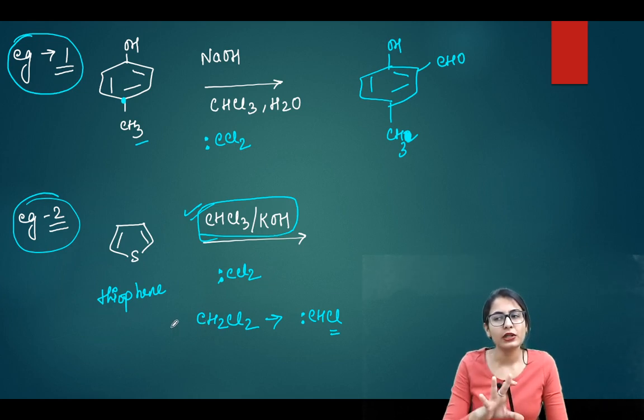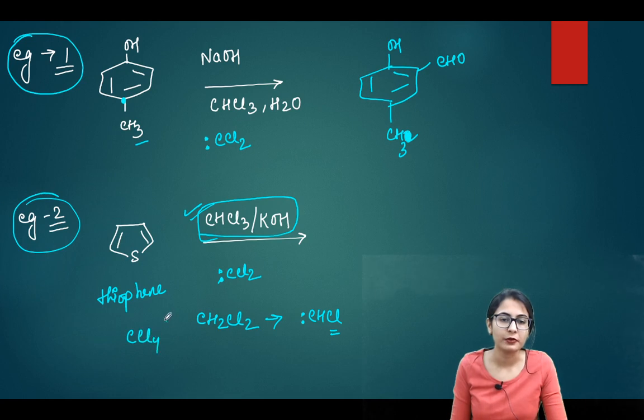So basically you are going to have different products with different kinds of carbenes. We will see that in the other slide. What happens if you, for example, take CCl4, what happens then? And what happens if you take CHCl? This you can try out on your own. This I'm going to tell you.